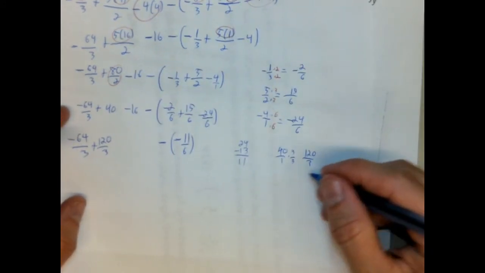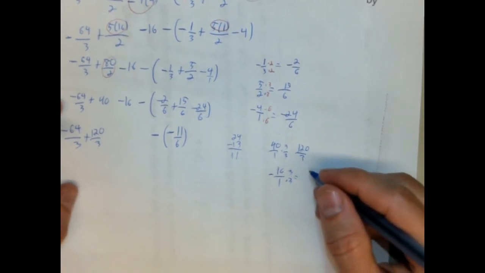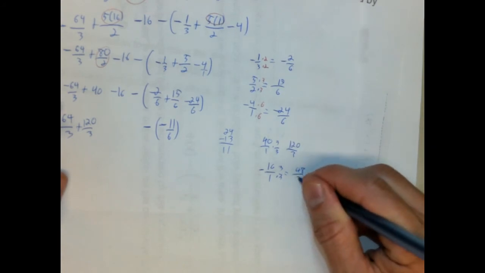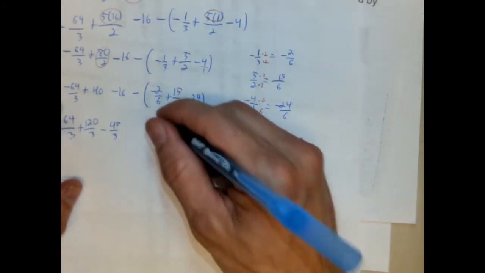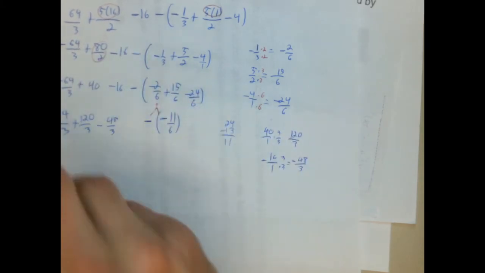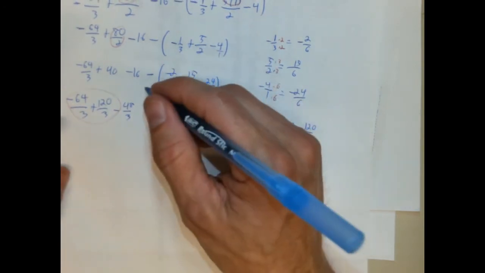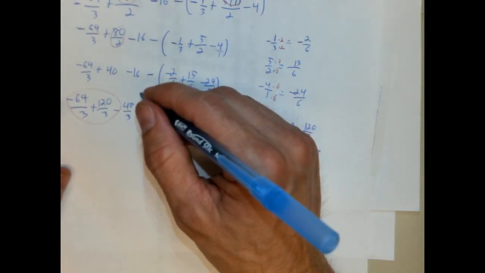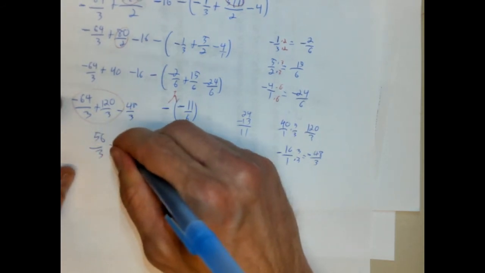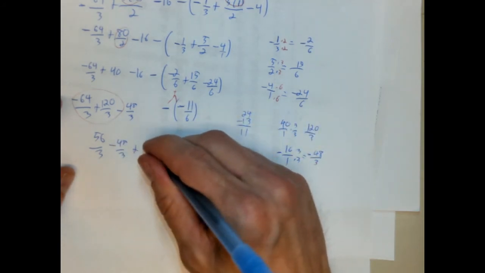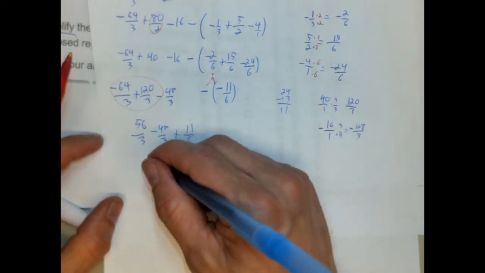Let's change this to thirds. So negative 16 over 1 times 3. And that is 48 over 3, I believe. 32, 48, yeah. So negative 48 over 3. And then this is going to become plus. So now we're going to combine these. So negative 64 plus 120 would be what, 56? Yeah, 56. 56 over 3 minus 48 over 3 plus 11 over 6. And then 56 minus 48 would be 8 over 3